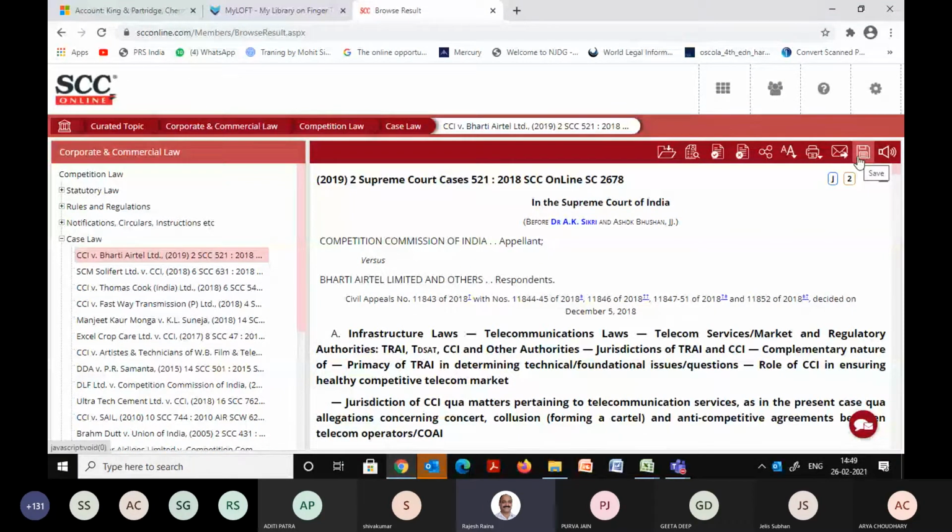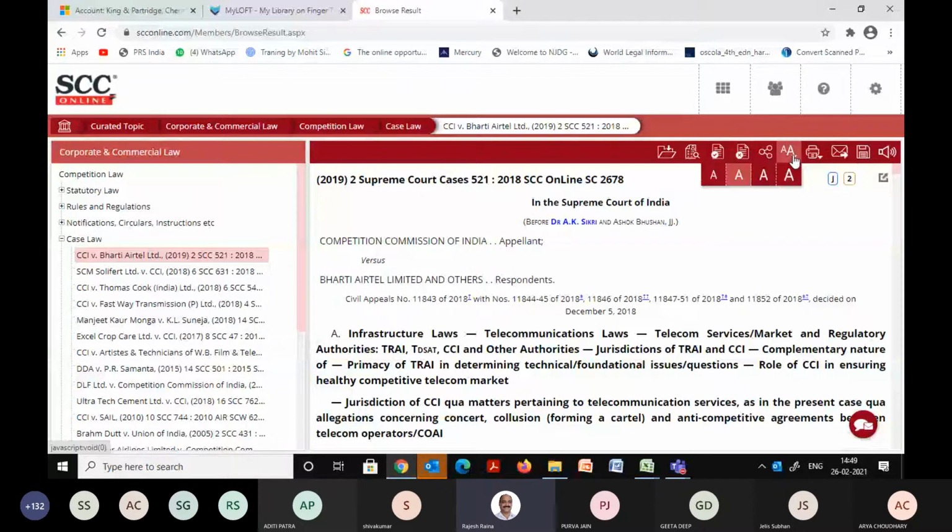Like I can save a judgment, I can mail a judgment. If you see the icons on the second column, just above the text, then you have the print also. And in the print, you can notice that there are a couple of print options. One is true print, the other one is non-true print. So what is the difference over here? True print means the exact photocopy of the print journal that we have, right? And non-true print will be, as you can see it on the screen, the same web page, it will print. It will not be an original print of the printed journal.